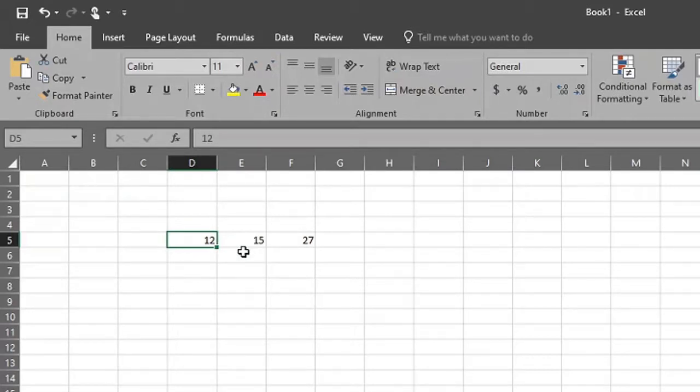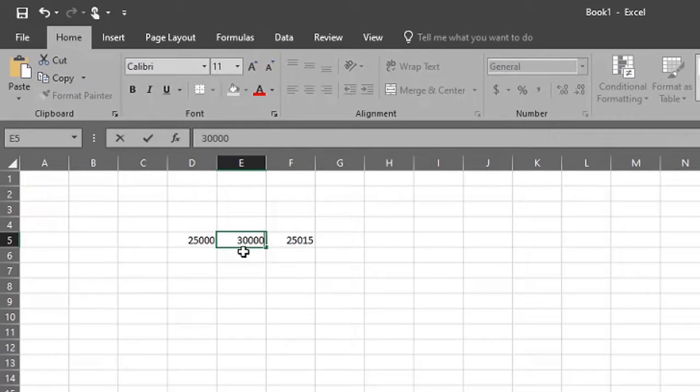Now let's use a more realistic example. Let's assume I have 25,000 naira from somebody, and I have 30,000 naira. Let's assume these are my salaries for 2 months. I collected 25,000 naira last month, 30,000 naira this month, and sure enough, Excel will calculate the